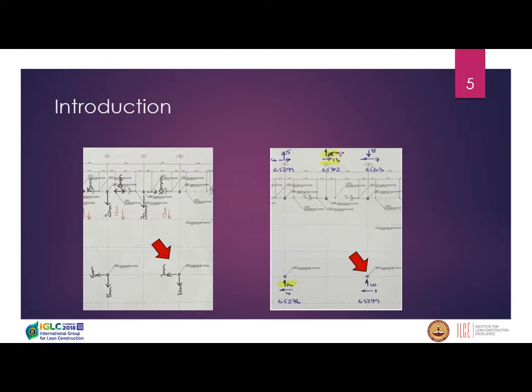indicated by a red arrow. The first survey here shows that the column has one arrow towards south, 10 millimeter, and the second survey here has written one arrow towards north. So we were just wondering what does it mean? Does it mean that we need to move the column 10 mil towards south, or it means that it's out of position by 10 mil and it should actually be pushed towards north? You see,